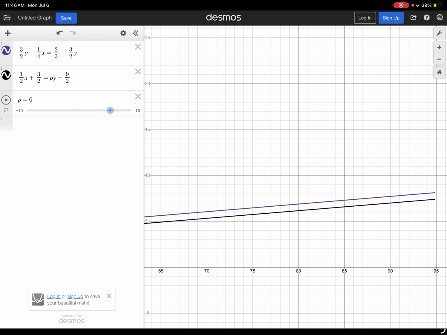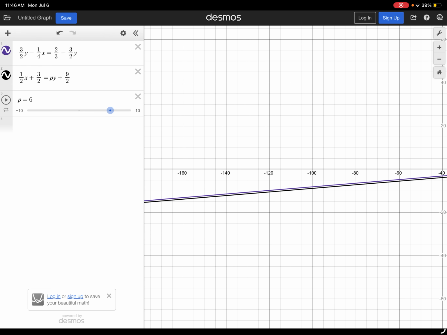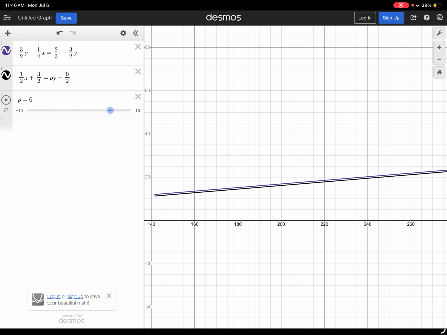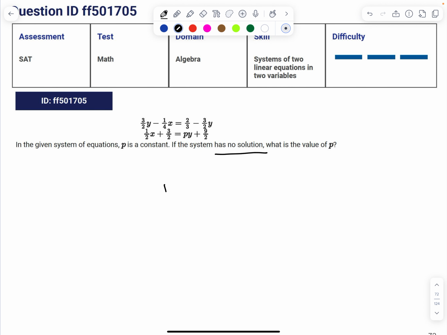It looks like 6 is that. I always want to scroll out and make sure that this is true, because if this was 6.1, it is going to touch somewhere along here, but we can see that both of these lines are parallel, so therefore P is equal to 6. Done. That's how we use Desmos for systems of